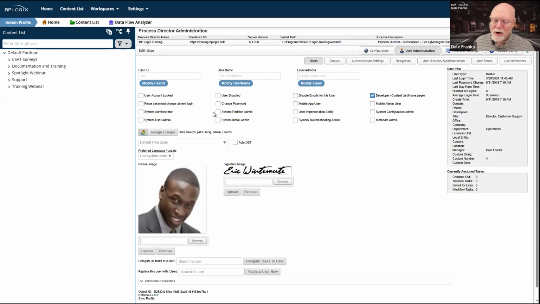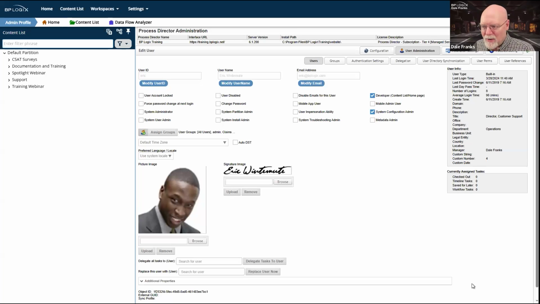Fine, but we're going to make him a partial system administrator. We are going to make them a system configuration admin. When you're a system configuration admin, I do have access to the IT admin area, but I only have access to one part of the IT admin area, and that would be the configuration section.